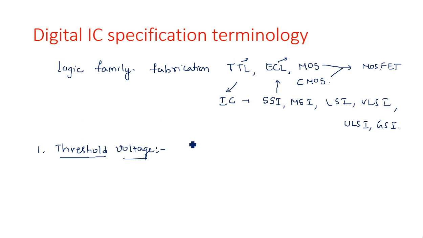So threshold voltage is nothing but the minimum voltage required for the gate to change its state. It is the minimum voltage required for the gate to change its state from one state to another state. That means either from logic 0 to logic 1 or from logic 1 to logic 0. So the threshold voltage,